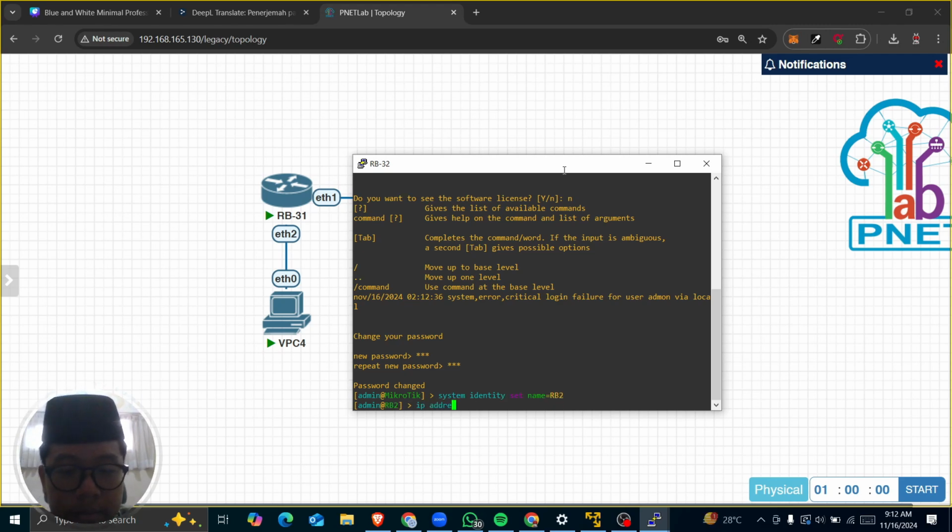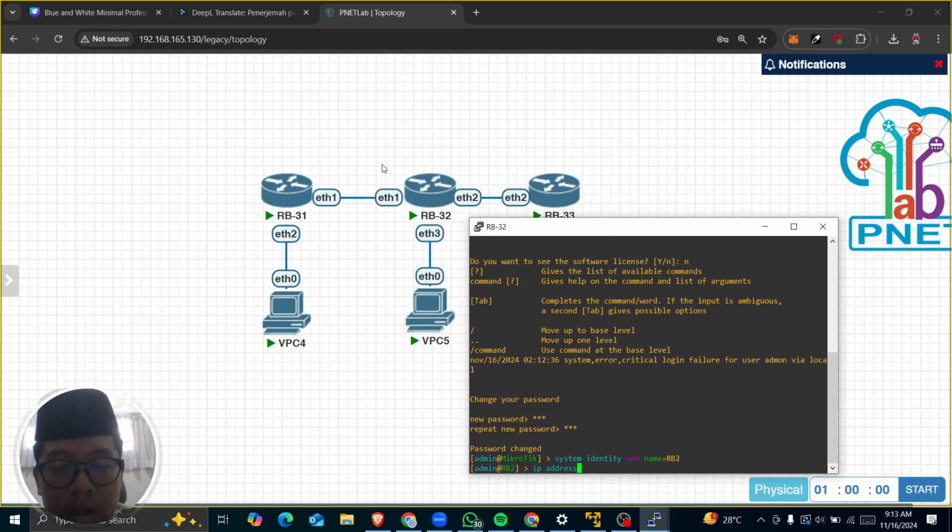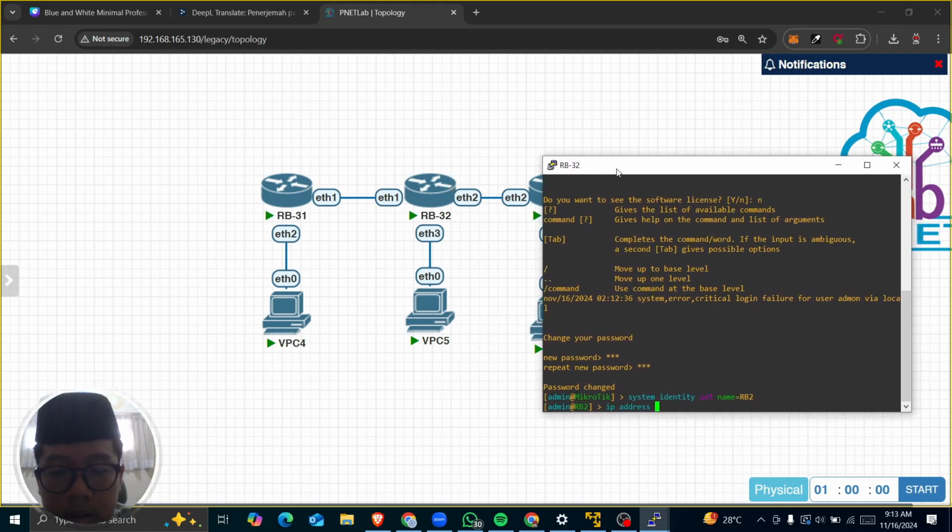Next, we're gonna assign the IP, but the difference is router board 2 is connected to 3 devices: connected to RB1, connected to RB3, and connected to the computer. So we're gonna add 3 addresses. Add address 10.10.10.2/30 on interface ether1.